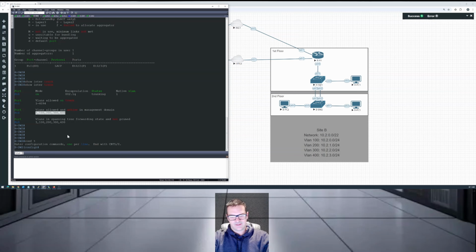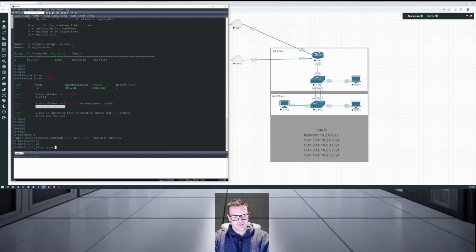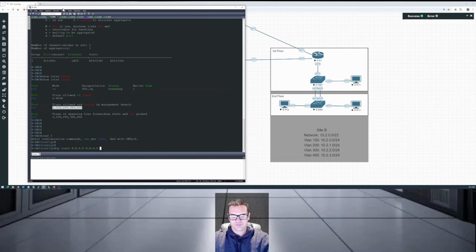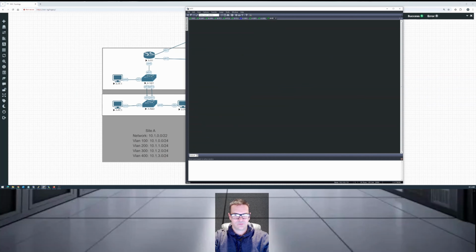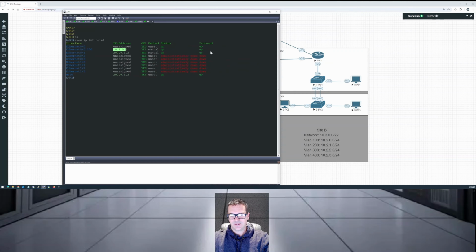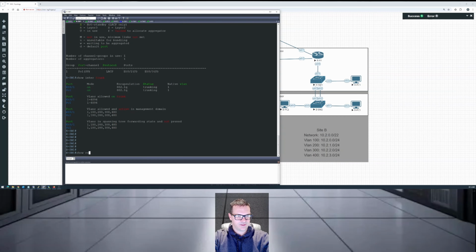So in this case, let me do it real quick. IP route 0.0.0.0 0.0.0.0. The next hop is going to be the VLAN 100 interface, which resides on router 1. So if you recall, router 1 had this address defined as 10.1.0.1, so this will be 10.2.0.1, and if you look at the switches,